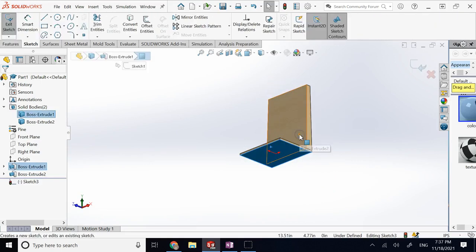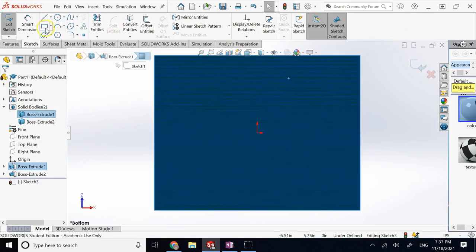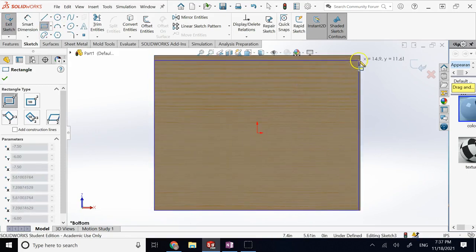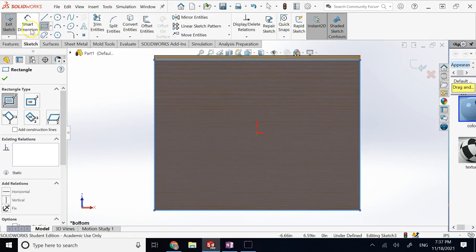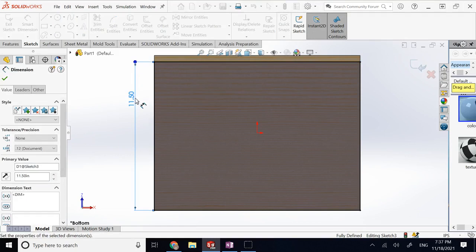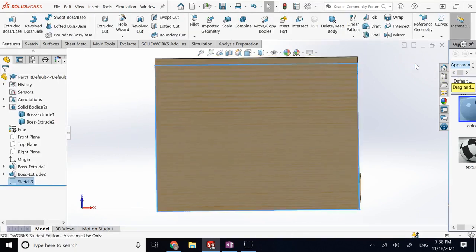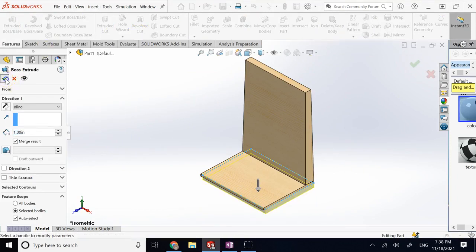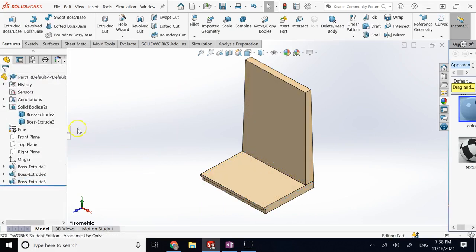First, I'm going to basically create that wooden part of the sitting area, maybe something like this. Make it a little bit smaller than that cushion area, so like 11.5, and extrude this downward for maybe 1 inch. Good. So now, again, you see here, since I did not use the option of not merge, it merged